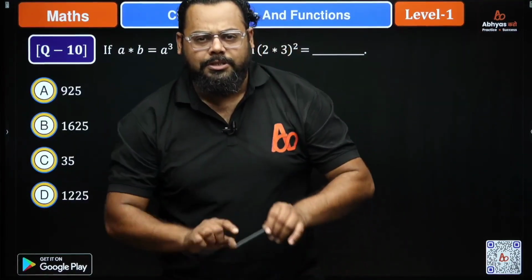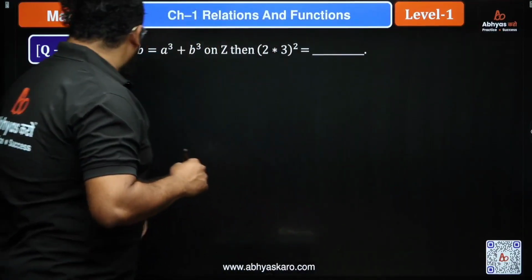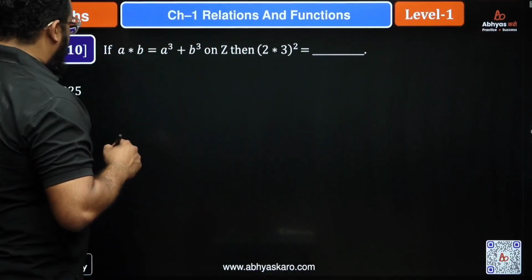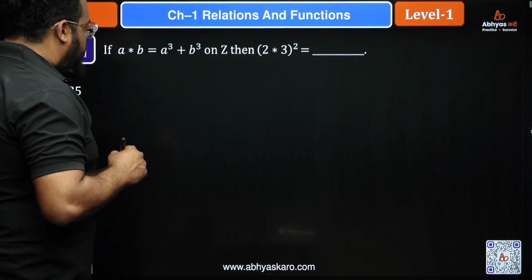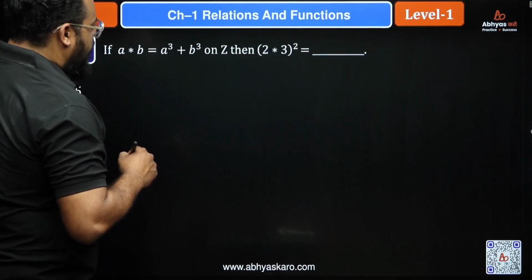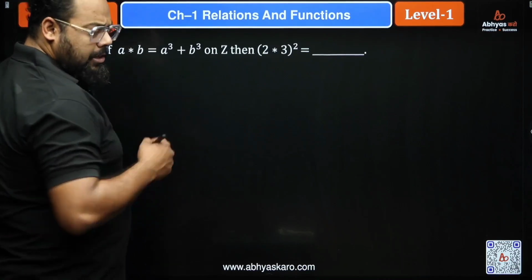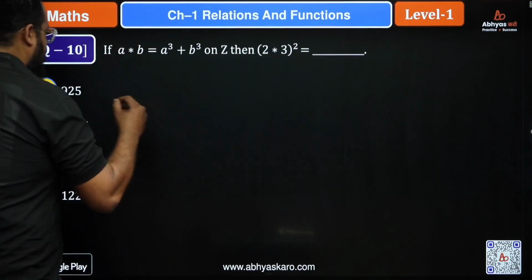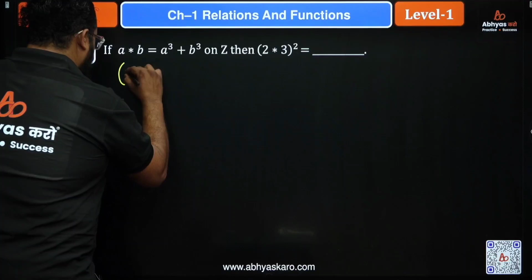Okay, dear students, now we are going for the 10th question. If A star B is equal to A cube plus B cube on the set of integers, then (2 star 3) whole square will be equal to. They are asking us for the evaluation of the expression. So let's start with 2